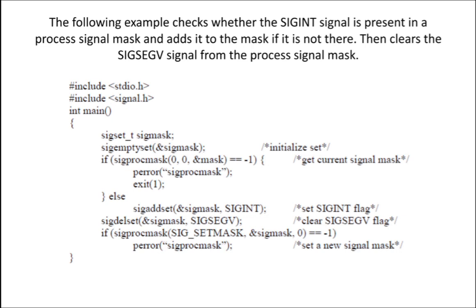And what is the signal I have to delete? That is SIGSEGV. I have to delete that signal from the signal mask. That's why I'm using sigdelset. Getting, guys? Right? And one more, again I'm checking the sigprocmask with the signal set mask, because